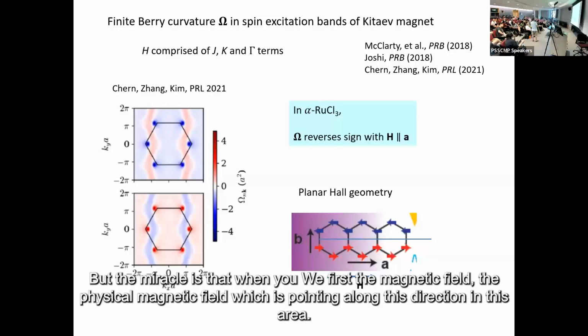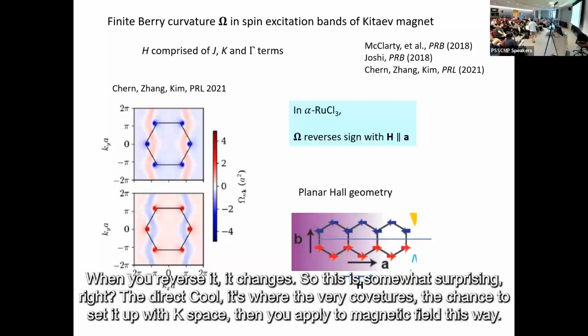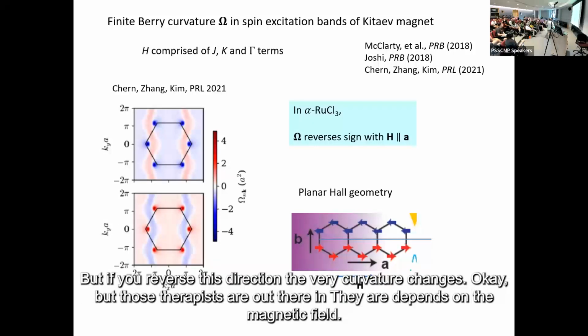But the miracle is that when you reverse the physical magnetic field, which is pointing along this direction, the zigzag, it changes sign. So this is somewhat surprising, right? The Dirac cones where the Berry curvature is intense are sitting in K space, and you're applying a magnetic field this way. But if you reverse its direction, the Berry curvature changes. Okay, but those Dirac cones are